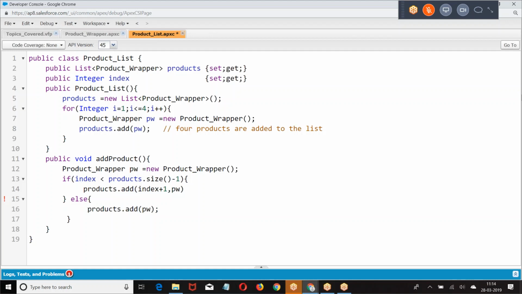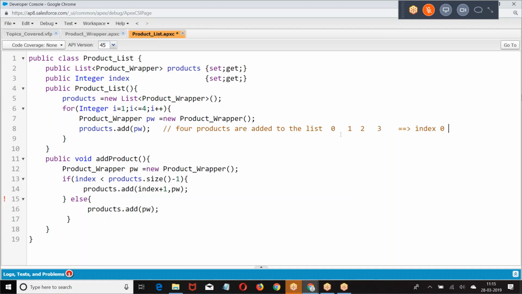this is how we got it. Now, look at this. If I have 0, 1, 2, now you clicked on the first row, so you got index equal to 1. Index is 0. 0 less than 3.